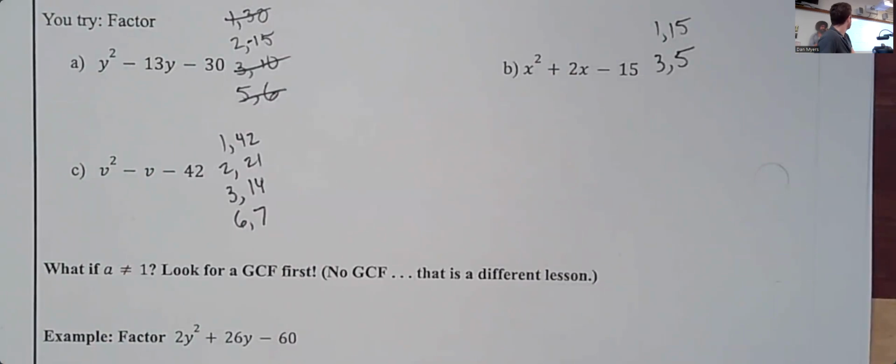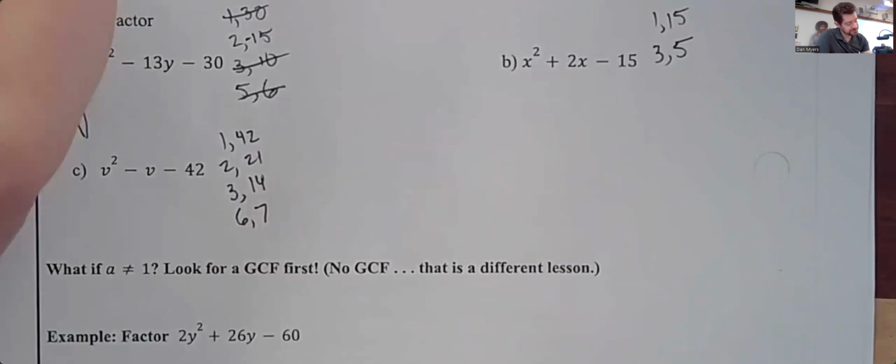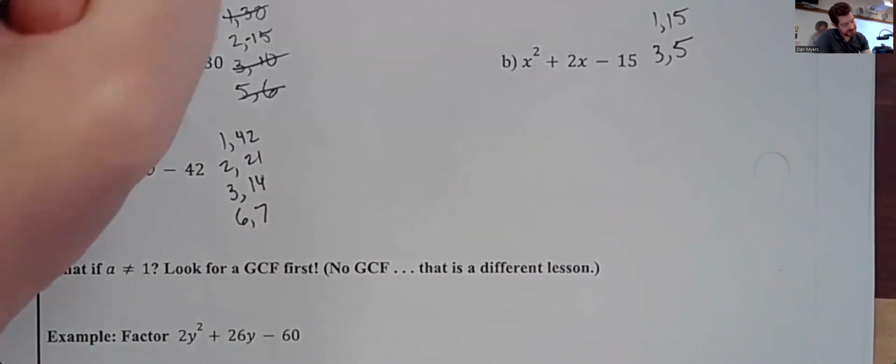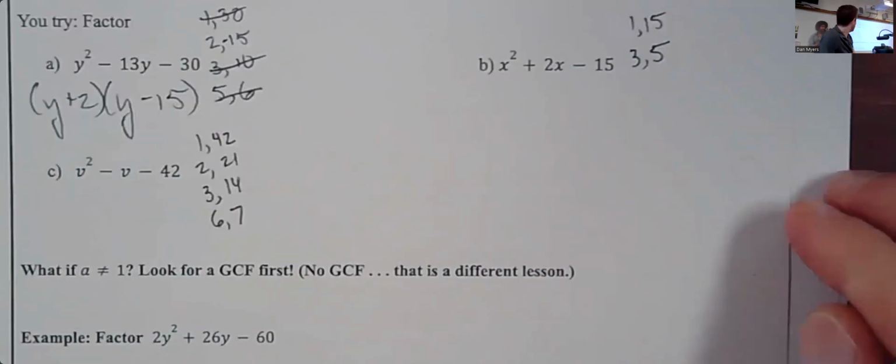So whichever answer it is when you add them, positive or negative, the larger of the two numbers from the factor pair is the one that holds that priority. So if the answer is positive, the larger number gets the positive. If the answer is negative, the larger number gets the negative. So here we got y plus 2 times y minus 15. All right, how about